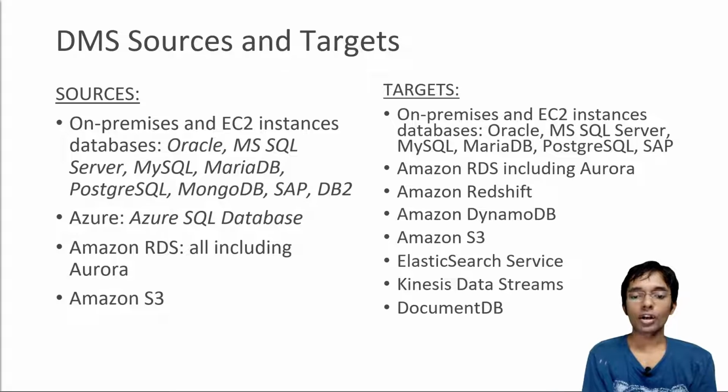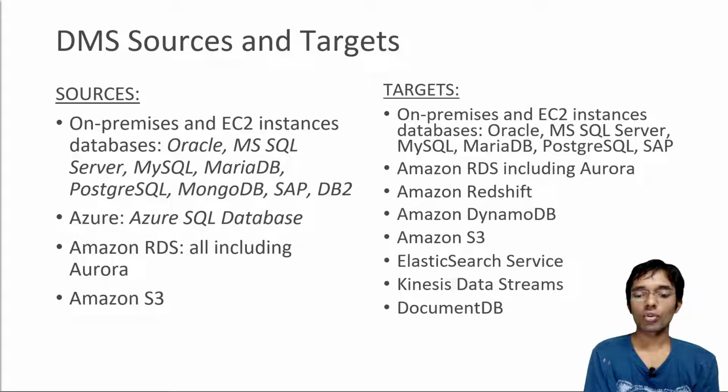Targets are on-premise and EC2 instance databases: Oracle, Microsoft SQL Server, MySQL, MariaDB, PostgreSQL, and SAP, as well as RDS, Redshift, DynamoDB, S3, Elasticsearch Service, and then we have Kinesis Data Streams and DocumentDB. Something I want you to notice out of this list of sources and targets is that